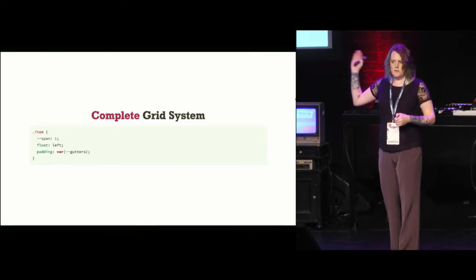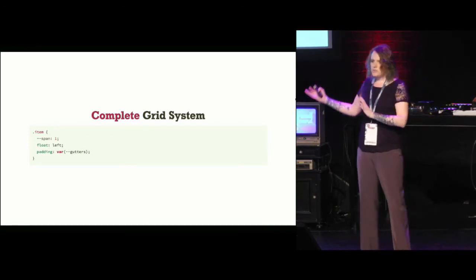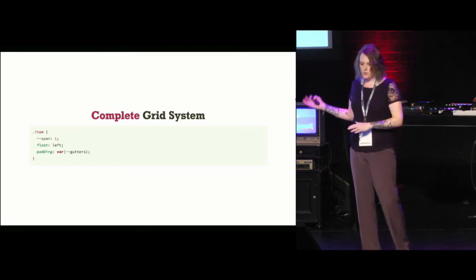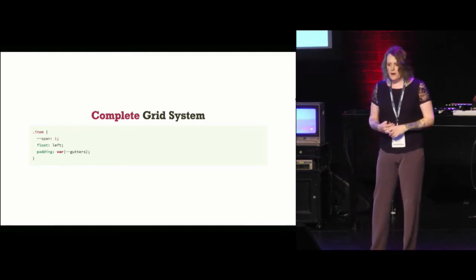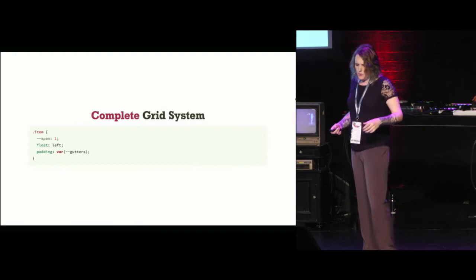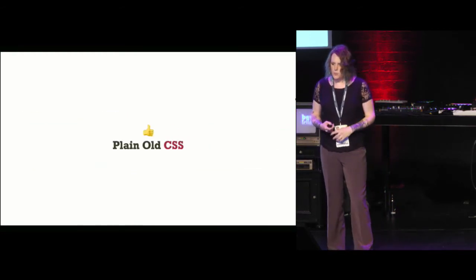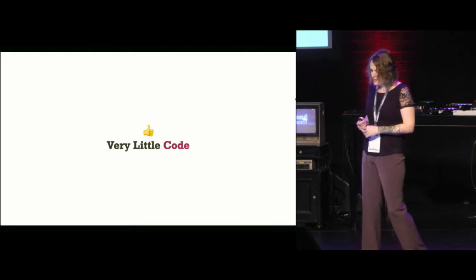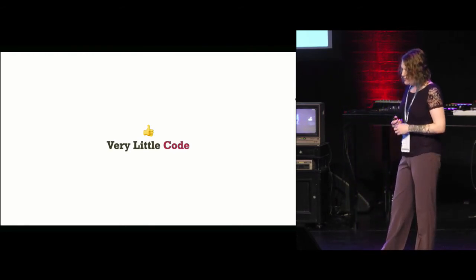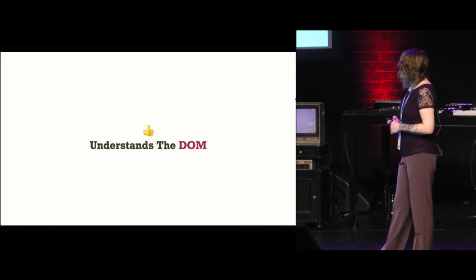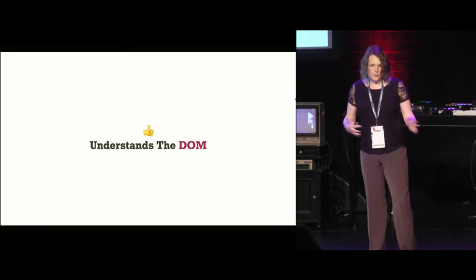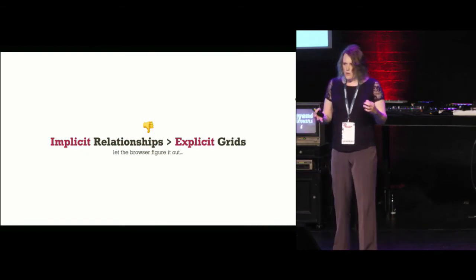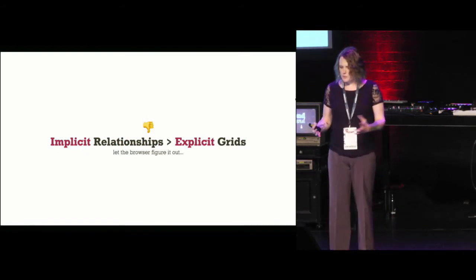Dash dash span 1, and then whatever type of spanning you want to do, or what type of layout you want to do, floats or anything else, and you can apply gutters to padding. So there's a whole grid system written in plain CSS, works wherever CSS works, which is most of the web. It's very little code. It understands the DOM, so it can react to context changes. And it starts to establish these implicit relationships rather than,